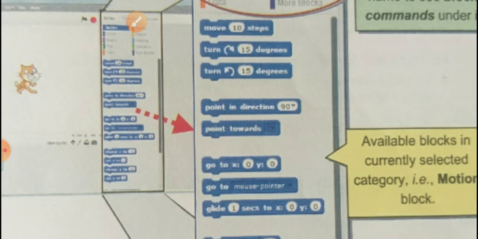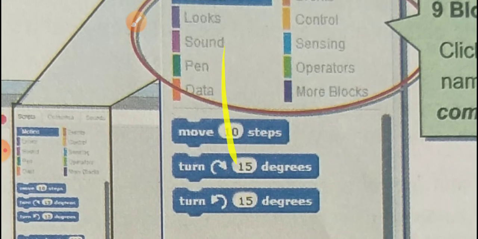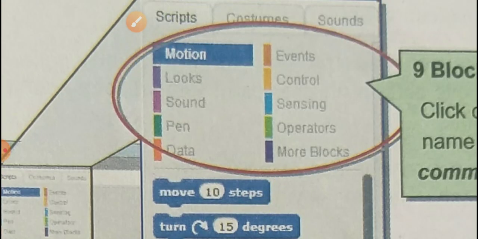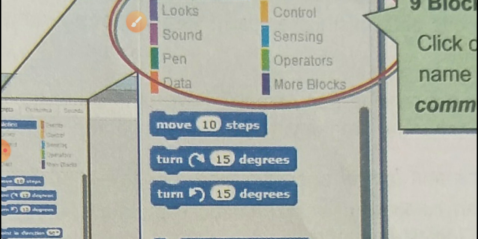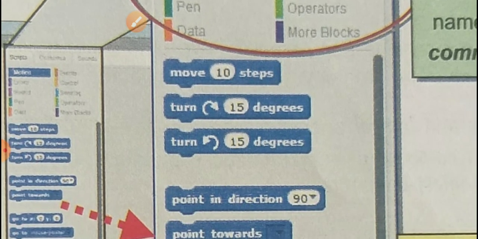See here, this is the blocks category. From this blocks category, you can drag the blocks, and these blocks can be dragged to the script area. Okay.